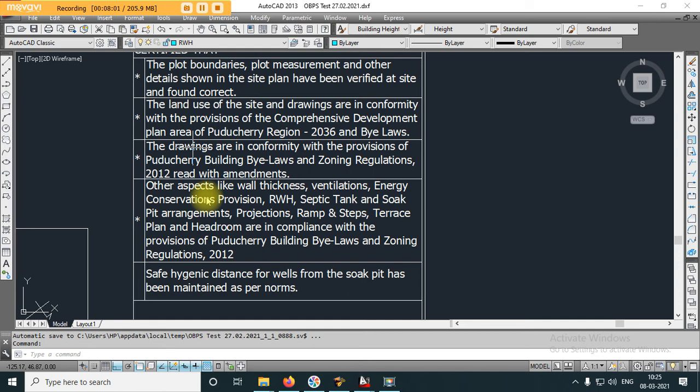Then the engineer certifies that the details provided are in compliance with the norms. And when coming to permission for a well in the Mahe region, the engineer needs to certify that the safe hygienic distance of the well from the soak pit has been maintained as per norms. This has to be certified by the engineer in the plan.